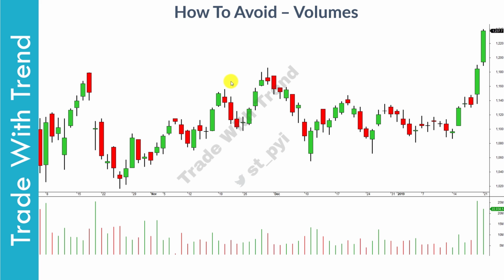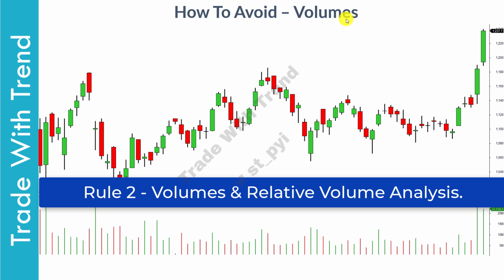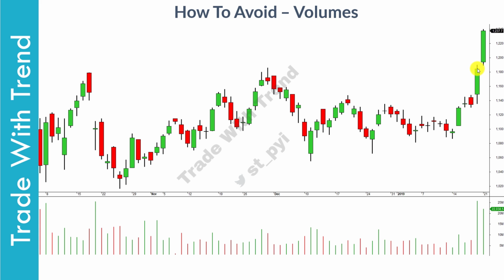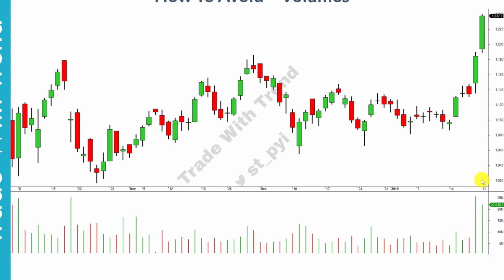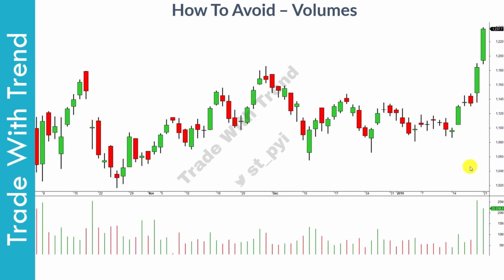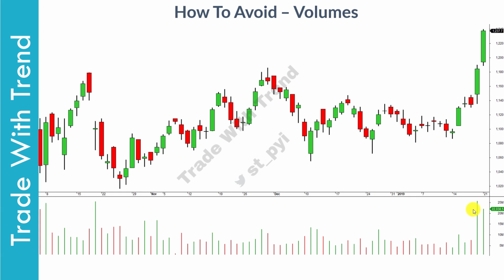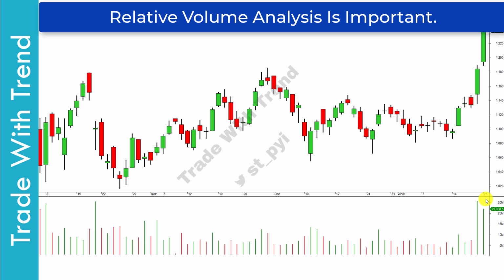Now, the second rule in identifying a false breakout is in terms of volumes, and more importantly, relative volumes. If you take a look at both these breakout candles, this is the breakout candle that moves completely above this resistance region here. Look at the volumes that have come in. In both these candles, the relative volume was clearly higher than the previous many sessions. Now, this statement is important here. Not only should your breakout candle have high volumes, but relative volumes should be clearly on the higher side, and this needs to be compared based on the time frame you're trading at.